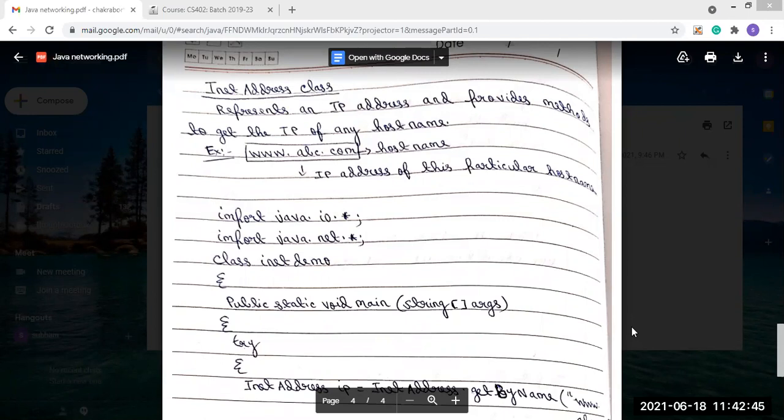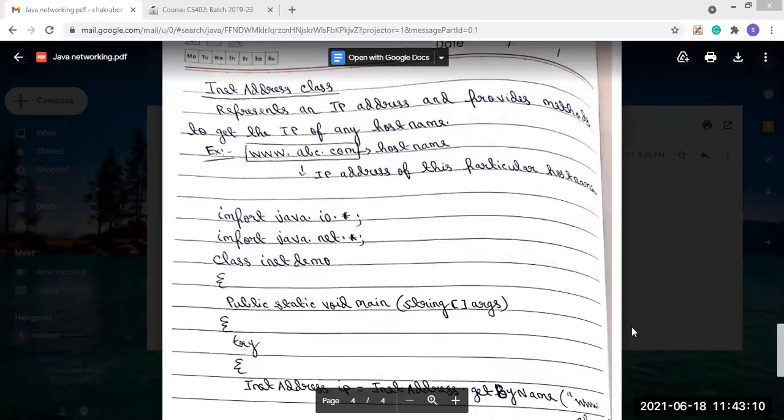For identification of each system in the network, we give some address. That is named the IP address.